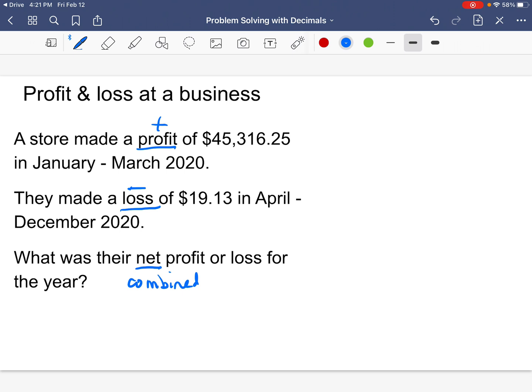So here we have a store that made a profit of $45,316.25 in the first 3 months of 2020. And then, as we know, due to COVID, stores were closed and they made a loss for the rest of the year. So that's a negative $19.13. And to combine these, I find the difference and I get